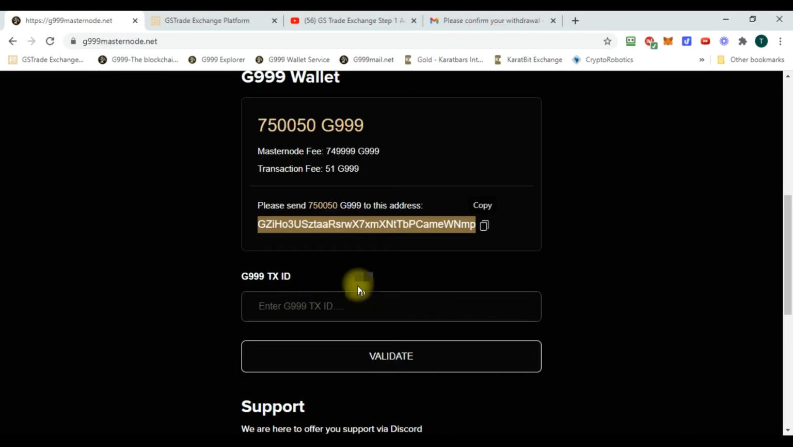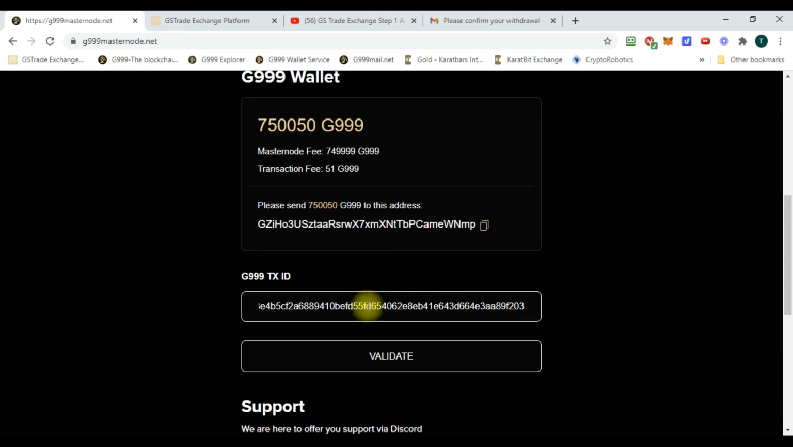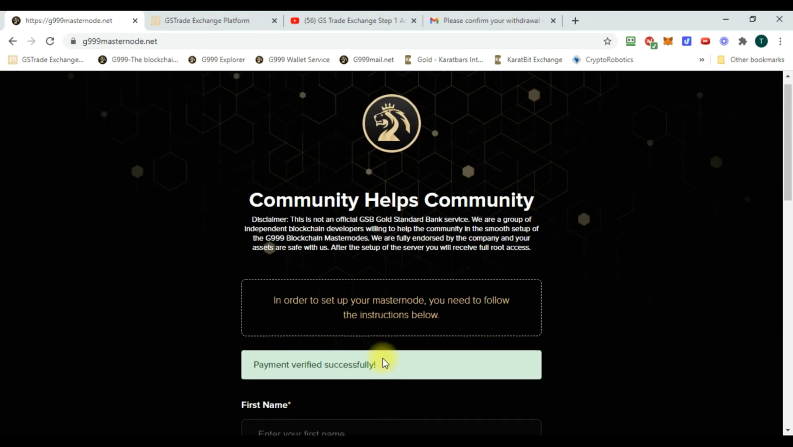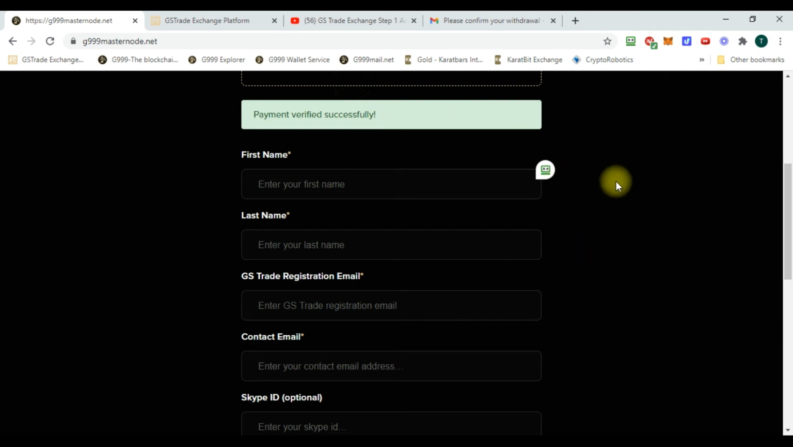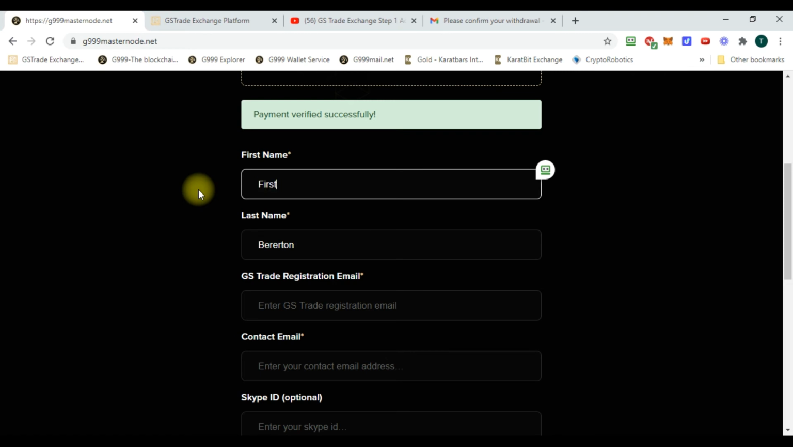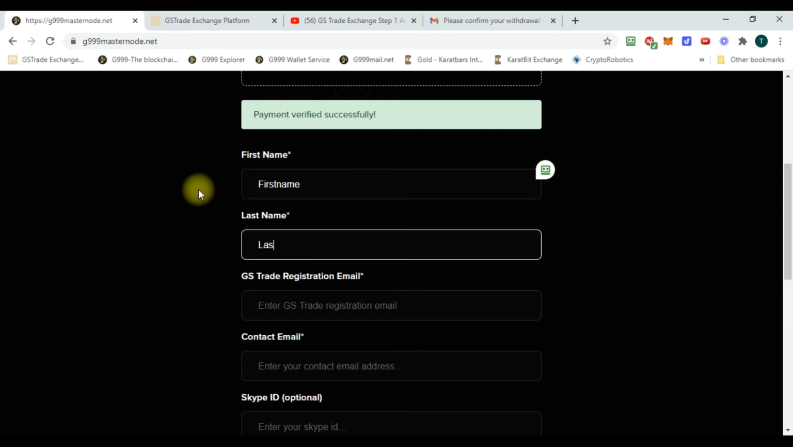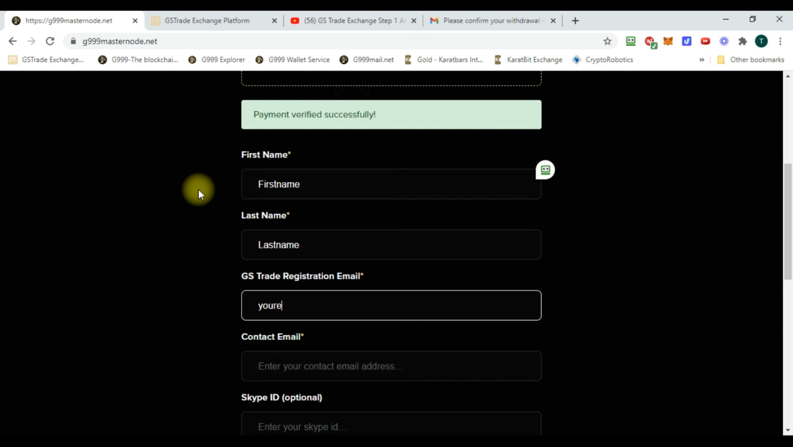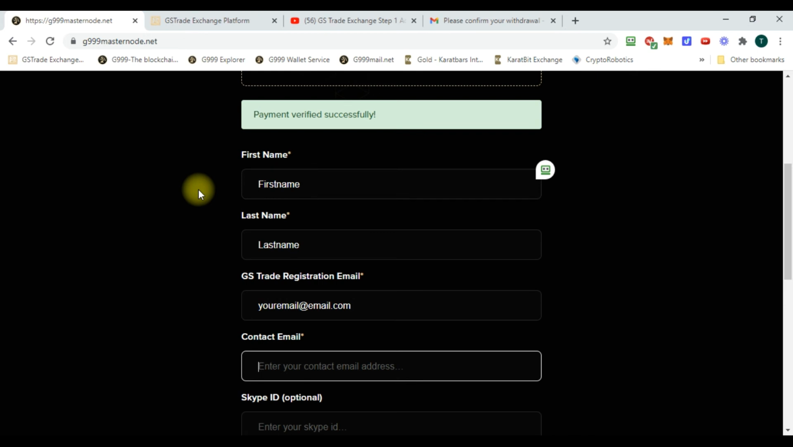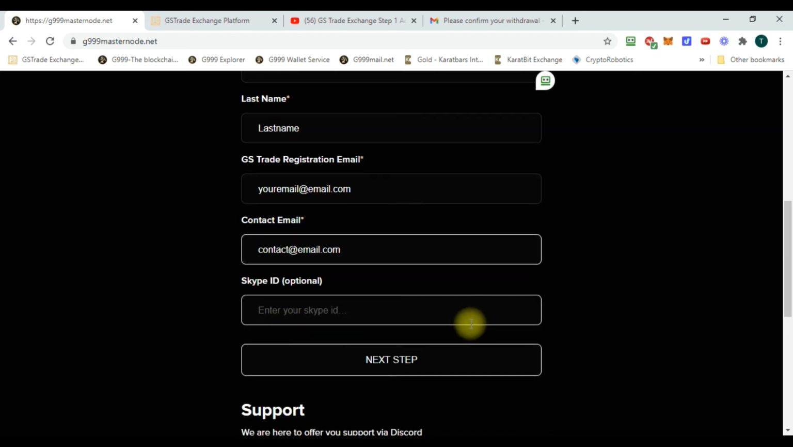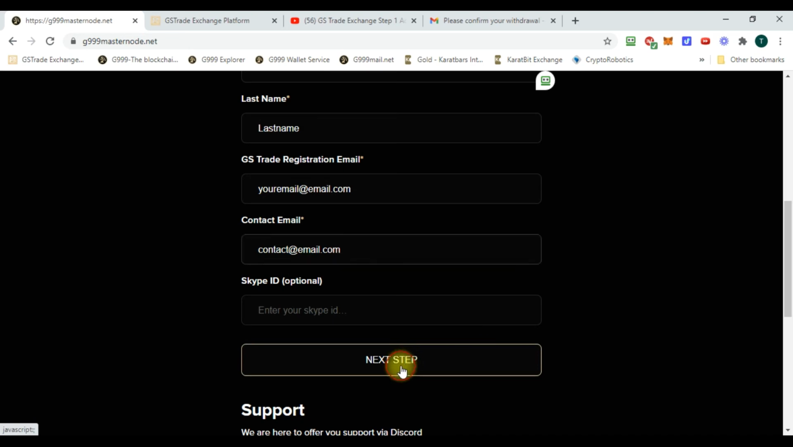Masternode Setup Service website and paste that transaction ID in there and then click on validate. Once you do that, it'll say payment verified successfully and they want you to fill out this form. So just enter your first name and last name and your email. And notice that that is your GS Trade registration email. You can have a different contact email address if you wish. And then you would just go on to the next step,